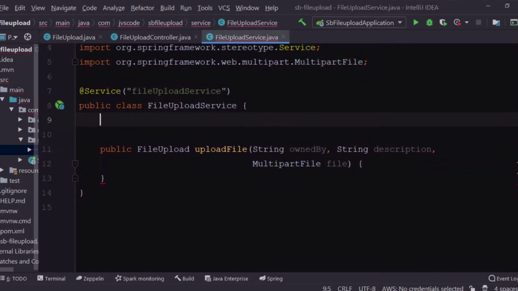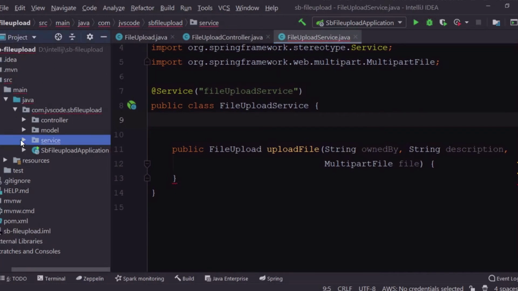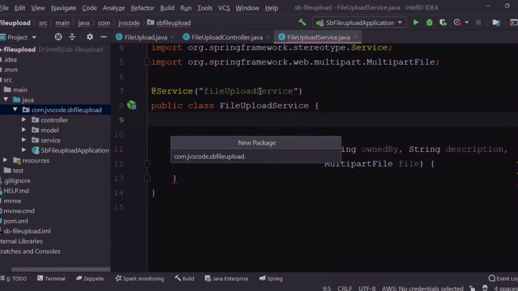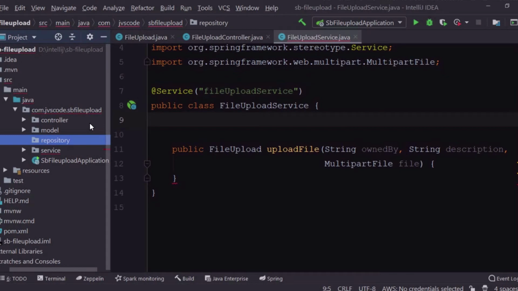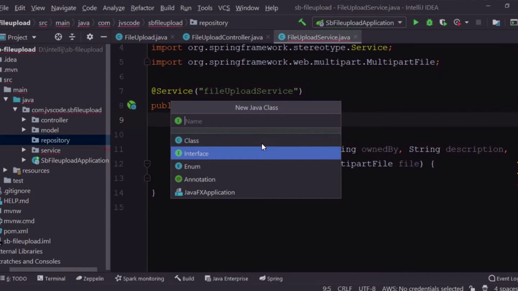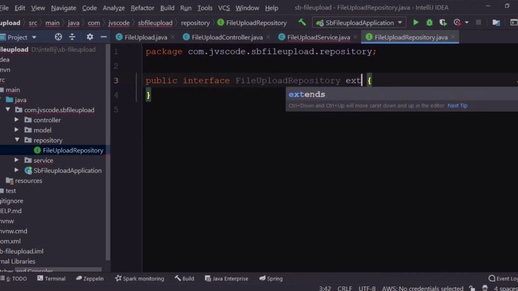So here, before we continue, I'm going to create the service, the data access layer. So I'm going to right click on this and create a new package called repository. And I'm going to right click on this package and create a new Java class. So we're going to make this an interface actually. So we're going to call it file upload repository, right? File upload repository. So we click on OK, and we are going to extend the